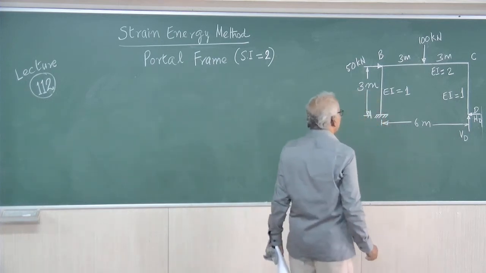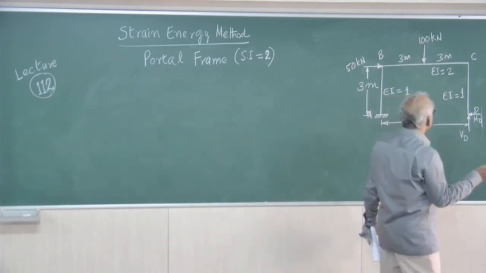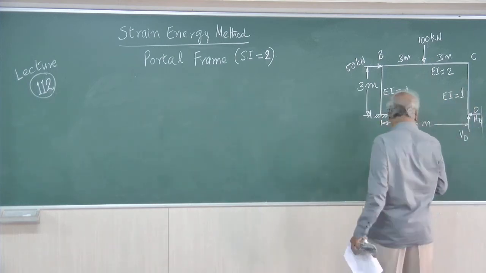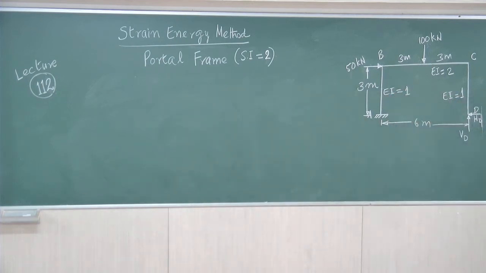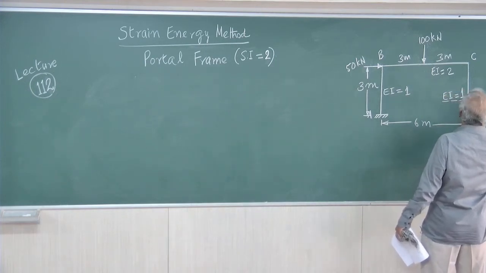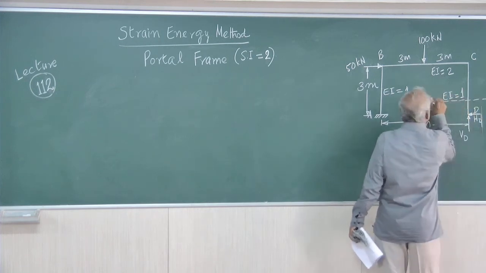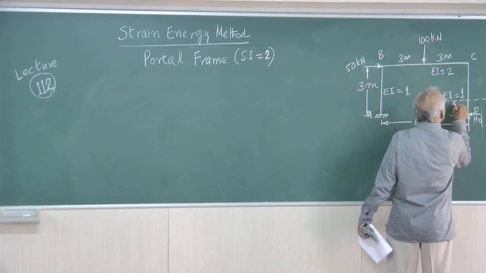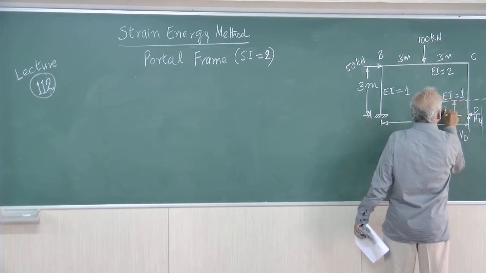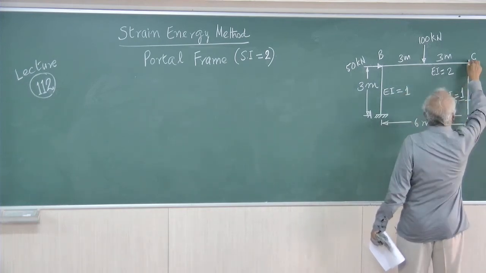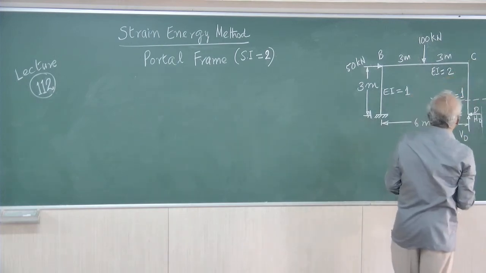Now, we have to divide the structure into a number of sections. Now, let us say we will take a section here. We will take a section XX at a distance x from D. Up to C there is no force. Therefore, D to C there is no force. So, we will take one section in this. Now,